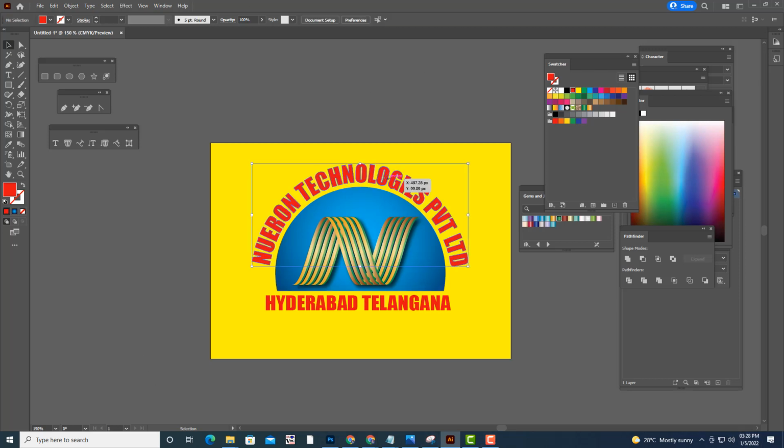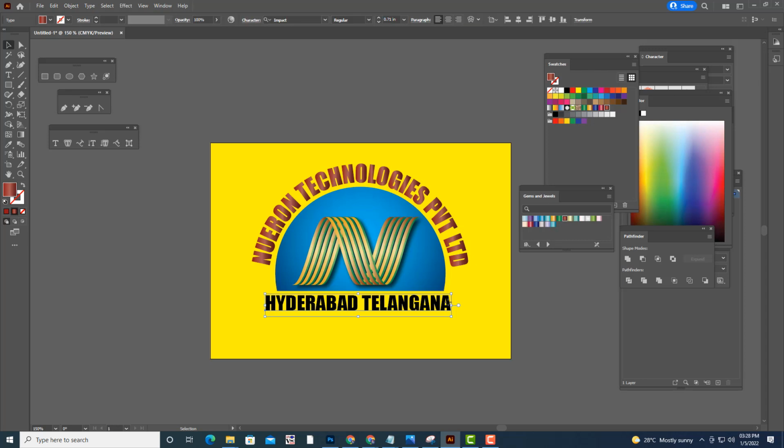And we can make it more interesting. In case you want to give gradient to this, you can give gradient. See, something like this. But actually we'll give reddish gradient itself. Something reddish.